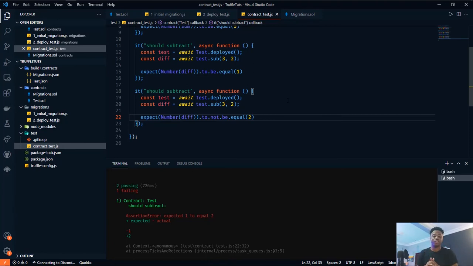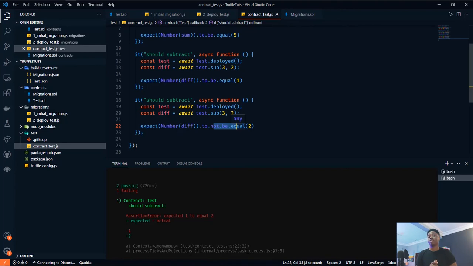So to learn about this, you need to learn about Chai and Mocha. These are the two basic test libraries in JavaScript. Once you know these libraries, this should not be confusing to you. In this video, I said we'll talk about the config file and all objects of the config file. So we will go back to the documentation of Truffle to see the whole object of the config file.